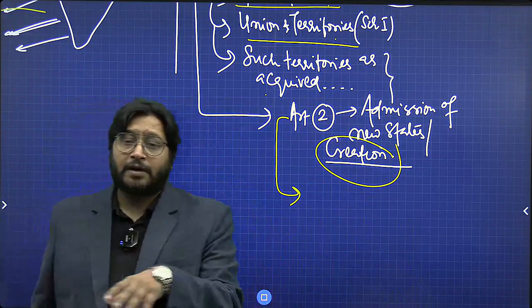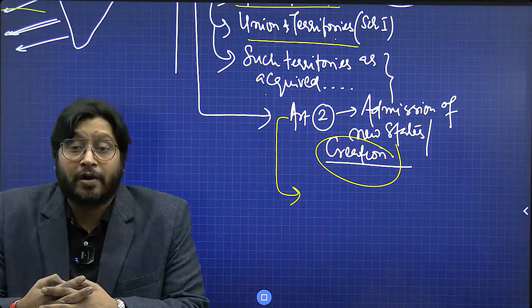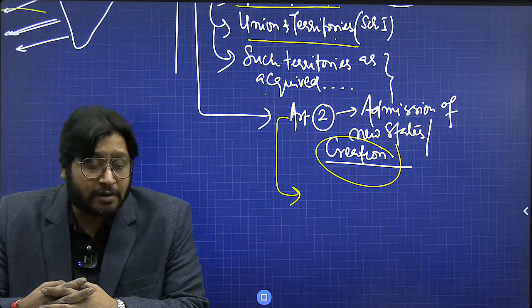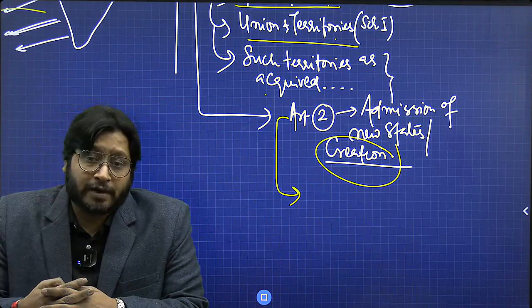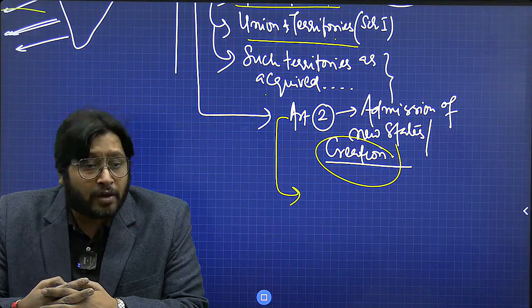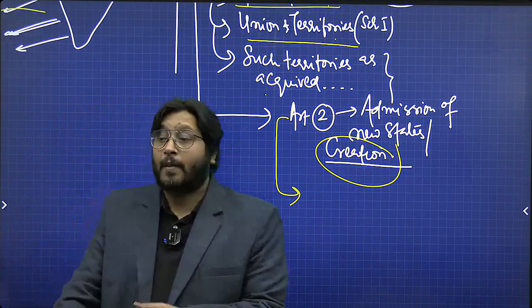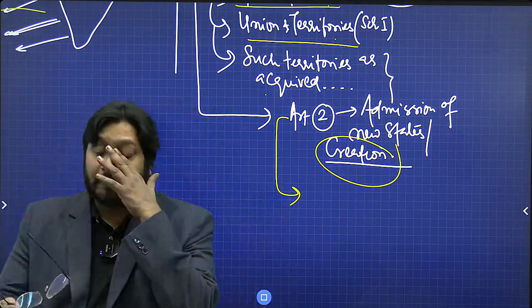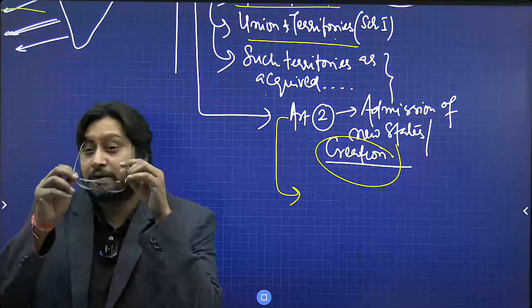Except for sovereign reasons, for security, and so many other factors. Otherwise, the states are completely internally sovereign. Their decisions cannot be in any way impacted by the union government or federal government, right? They have their own supreme courts, right? So unless the matter relates to the federal government, or the center-state relations, or the union